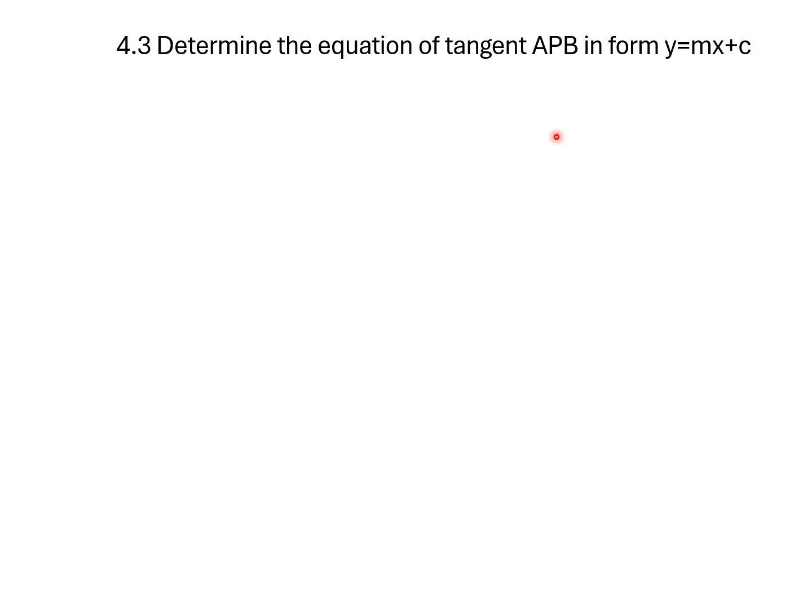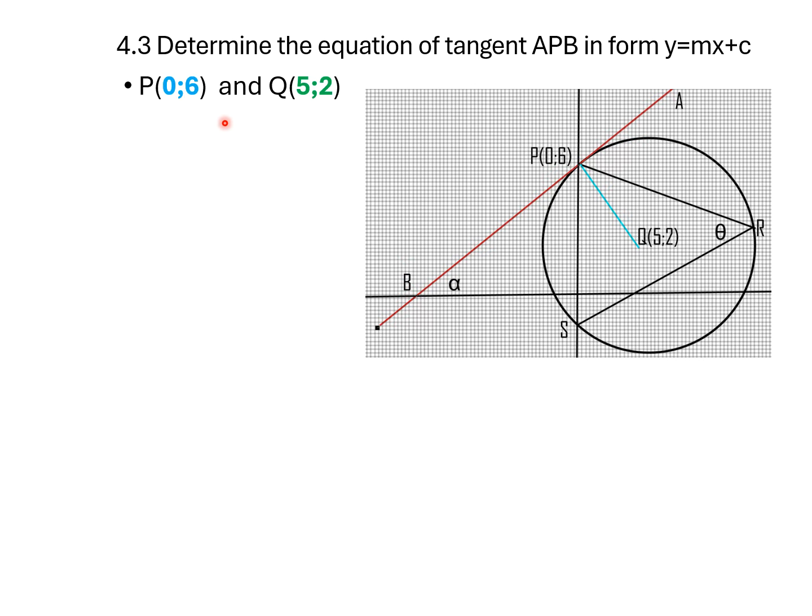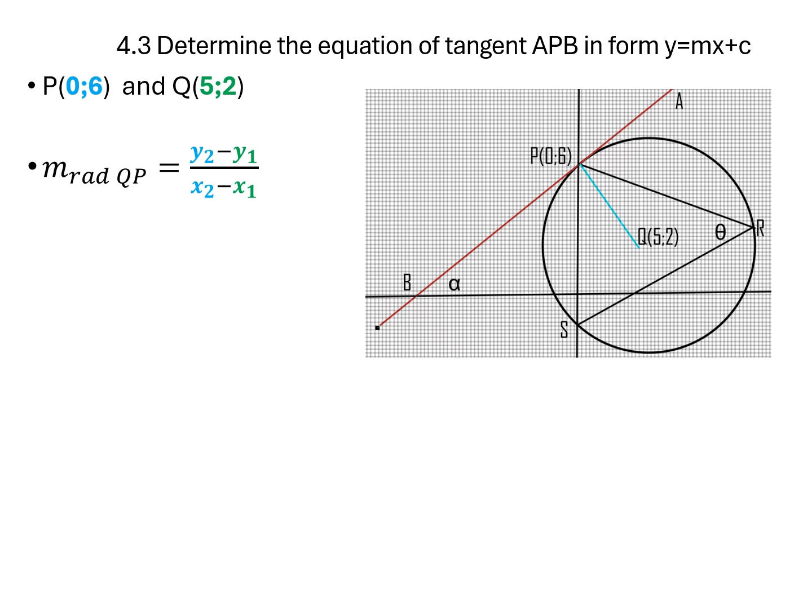Determine the equation of the tangent APB in the form y equal mx plus c. So we have here on the tangent, P (0, 6), but we have no other point on the tangent, right? And we have Q (5, 2), right? So you can go